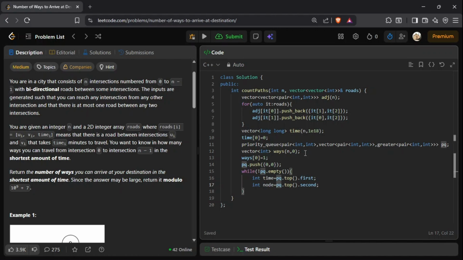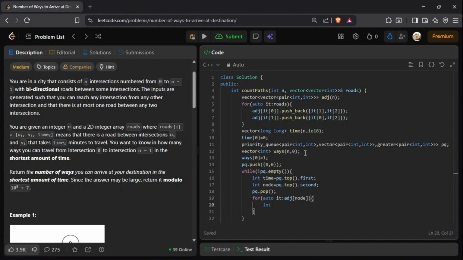This will be my node. Then I'll simply pop the node, and for each and every connected node, adjacent of node,